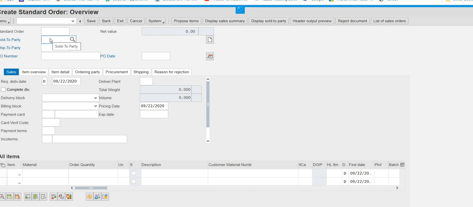Once you are in, they are asking you to enter the number. You are going to enter the number in sold to party. But with this exercise, there is a hint.